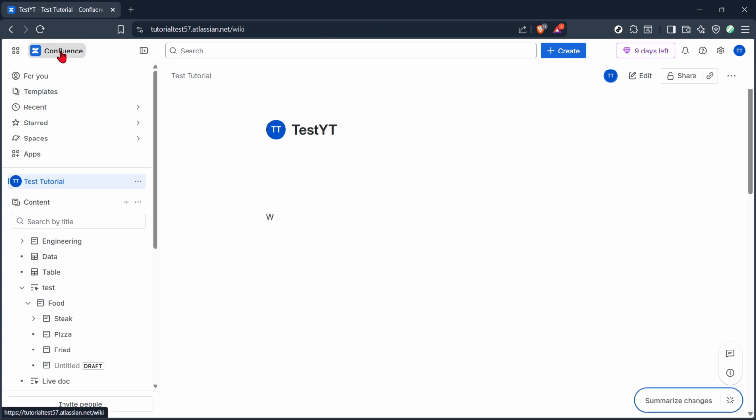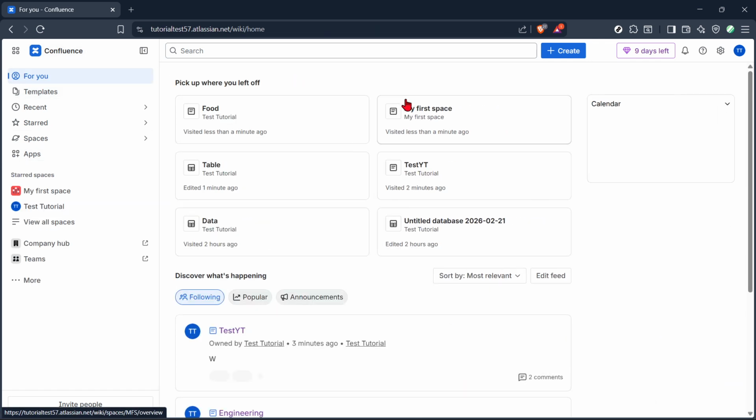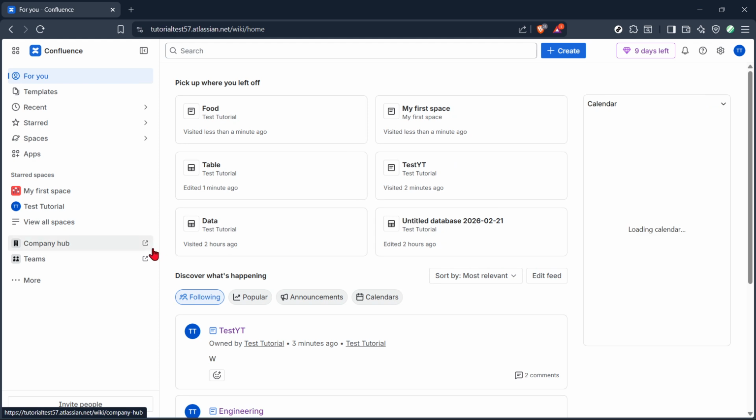Page restrictions, attachments, comments, and labels travel with the page, though it's smart to double-check restrictions after the move to ensure the right people still have access. Finally, confirm the page appears in the expected spot in the Spaces page tree. And that's it. You've successfully moved a page in